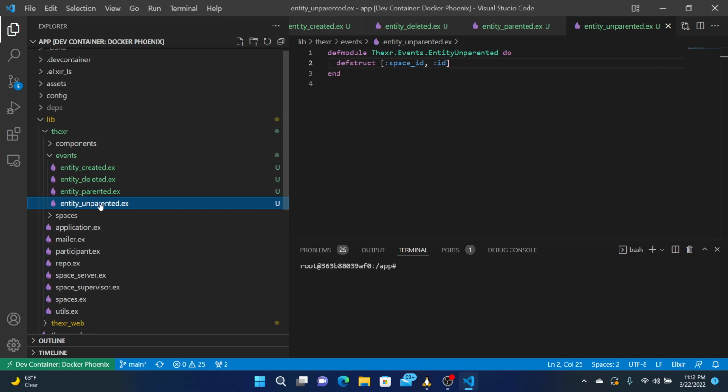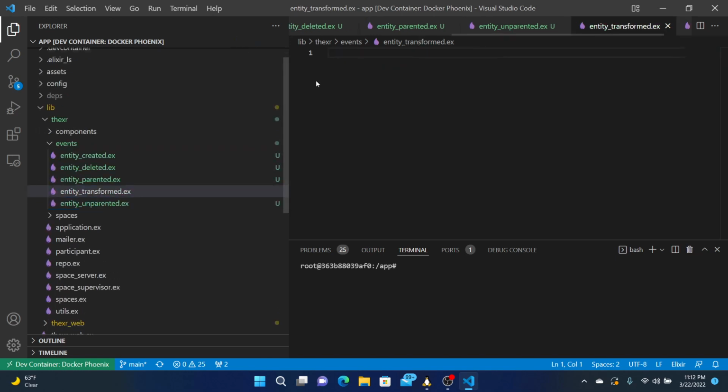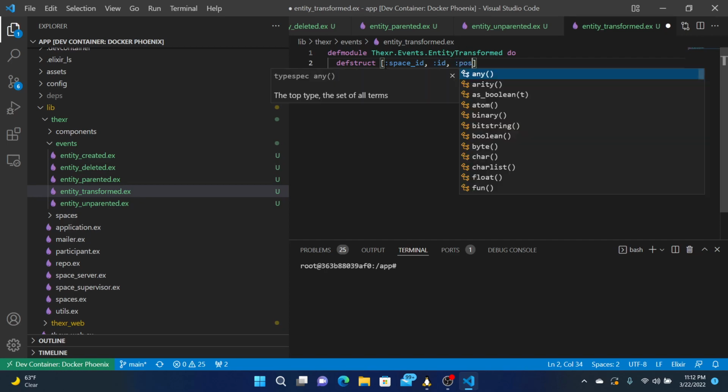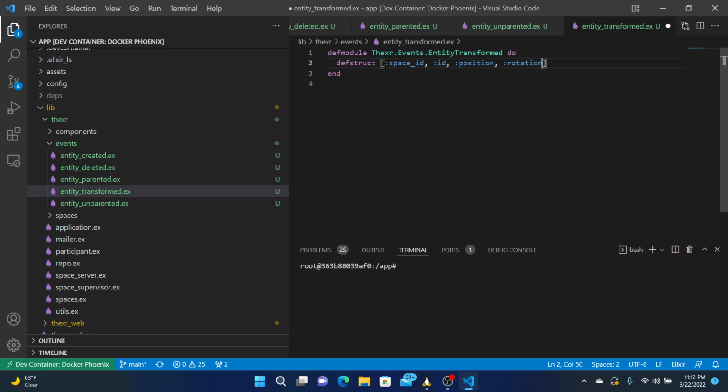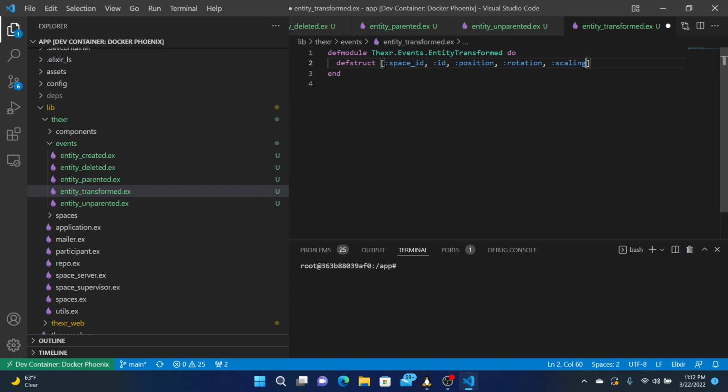And if you don't include them, then they're optional. Entity transformed: space ID, the ID, and then optionally position, rotation, and scale.